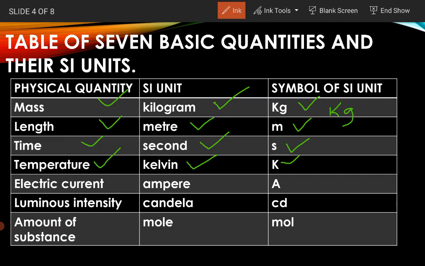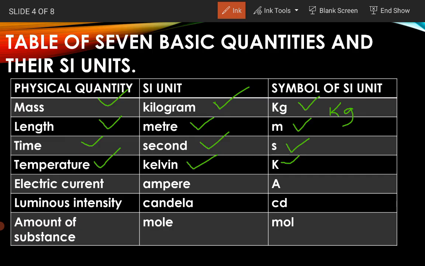In fact, the rule is that if the SI units are named after the names of people, the name of the unit should start with a small letter. But when expressed or written in short, the symbol should be capital. So, for example, Kelvin is the name of a person who made contributions to physics, especially to the study of thermodynamics, and so the unit of temperature is named after him. So in symbols, just write K, capital letter.